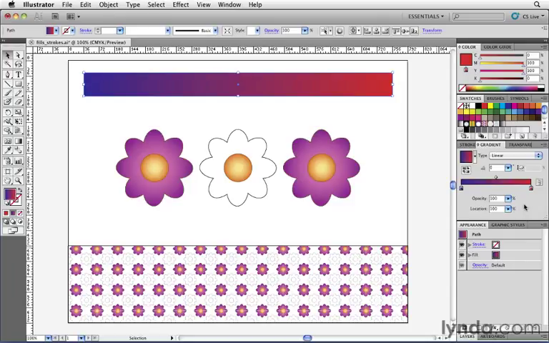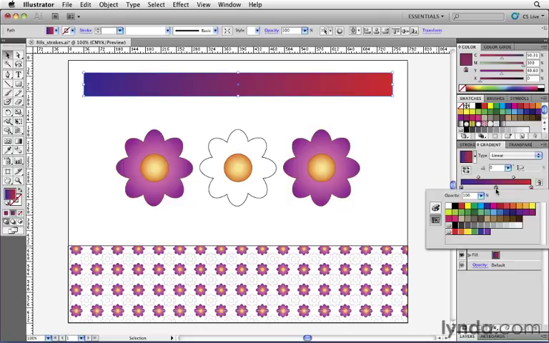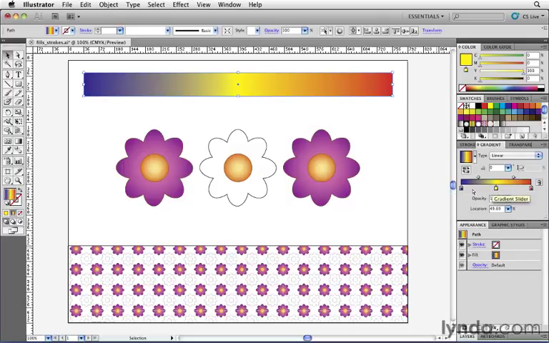If I want to add additional colors to my gradient, all I need to do is just click in any blank area here underneath the gradient slider. Doing so now adds a new color stop, which I can now double click on, change its color, and now I have a gradient that contains multiple colors. Each pair of color stops has its own midpoint indicator, so I can make adjustments any way that I want